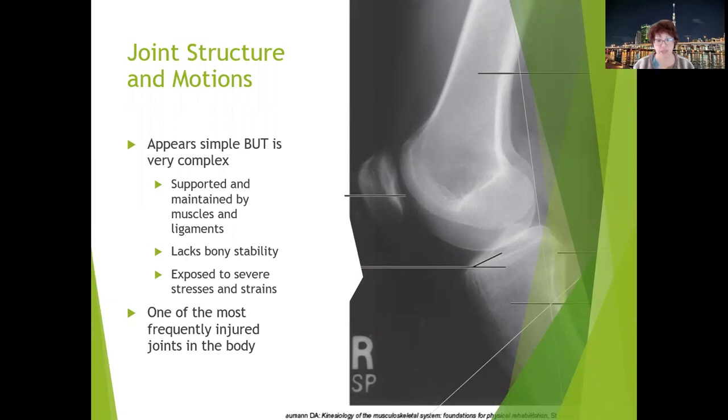So hip and knee replacements are the most common elective surgeries in the United States at this point. And no matter what setting you work in physical therapy, you will see people with hip and knee replacements. And you will see people with other knee injuries and surgeries. It is one of the most frequently injured joints in the body because we use it for everything. So really important group of muscles, really important group of ligaments, but we are going to start out talking about